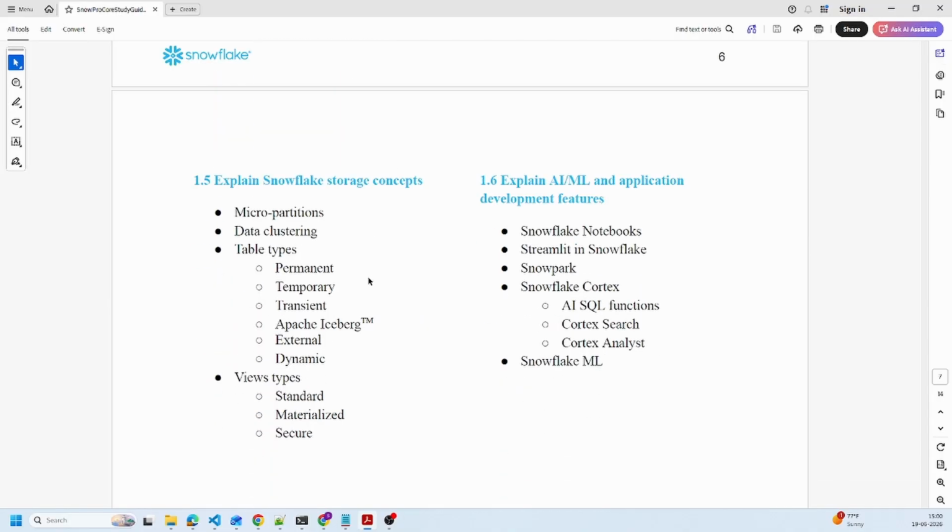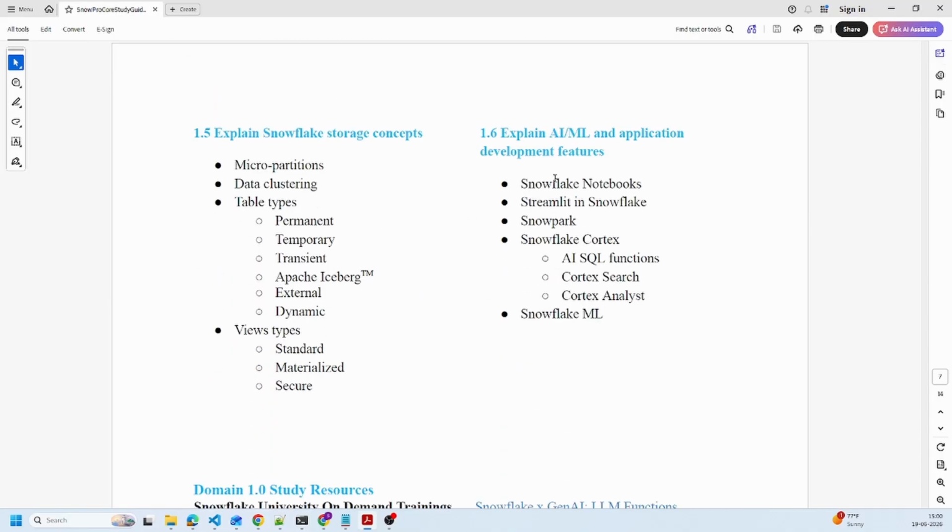Next up, AI, ML, and application development features. Now, this is where the exam has evolved recently. You'll see questions about Snowpark, Snowflake notebooks, Streamlit in Snowflake, Snowflake Cortex, Snowflake ML. And you might be wondering, how deep do I need to go here? The answer is conceptually deep, technically light. You need to know what Snowpark is for, why you'd use it instead of UDFs, what Cortex does at a